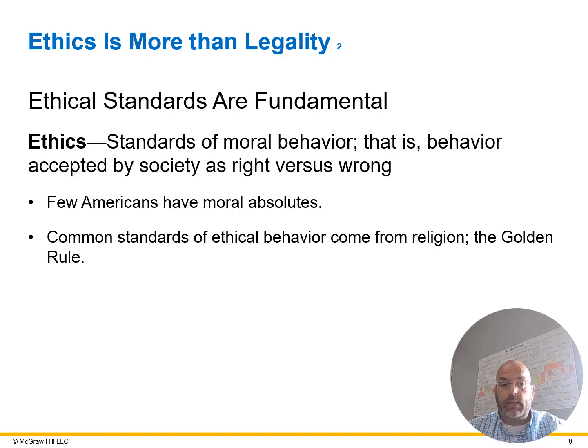What does society say is right versus wrong? There are certain things that you can say are right or wrong. For instance, killing people is wrong. Stealing from people is wrong. Bribery is wrong. Okay, but that's not true in every society. There are a lot of countries where bribery is actually accepted, it's the way to do business. And it's not considered a moral failure. It's just greasing the wheels of commerce is how they look at it. So that's one of the issues with ethics, that it's very situational.